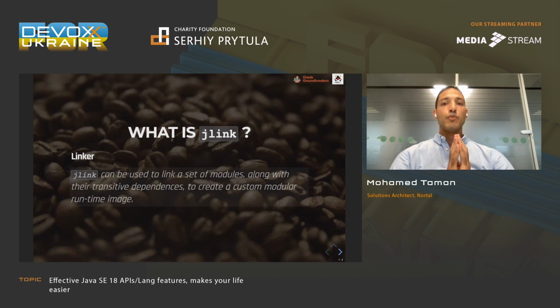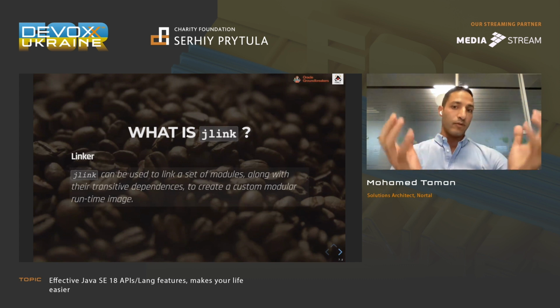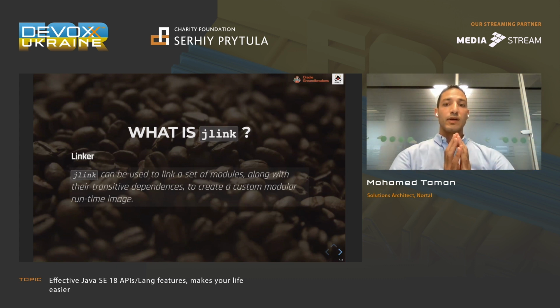It will see which modules have been used and which transitive modules are used by other modules. So you have the complete graph, and then it will create a custom modular runtime image with just enough dependencies that your application requires.